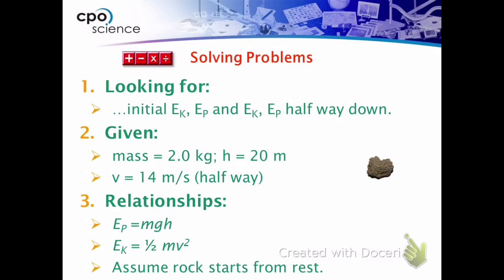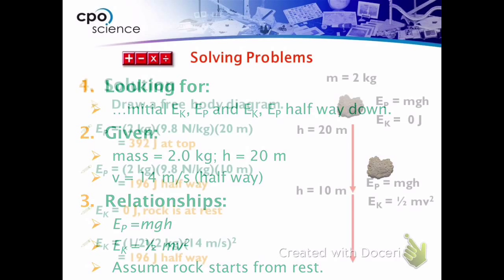So what information do we have and what do we need? We want to find its starting kinetic energy, its starting potential energy, and then its potential and kinetic halfway down. We know the mass of the rock, we know the height of the cliff, and we know its speed at the halfway part. We also know the equations for potential, kinetic, and we can assume that the rock is at